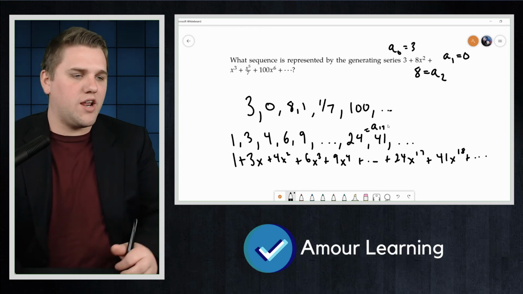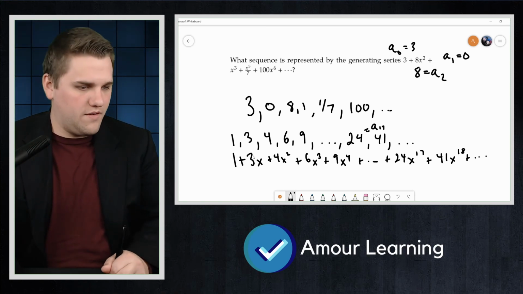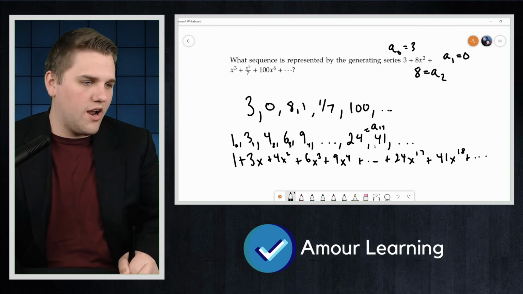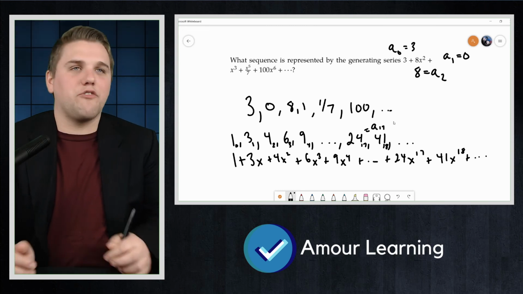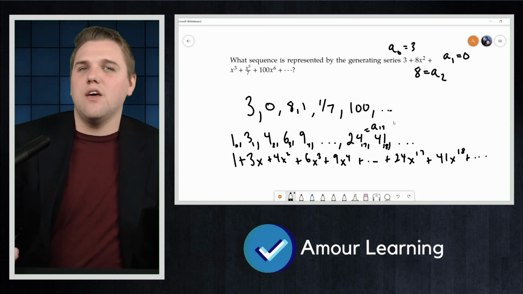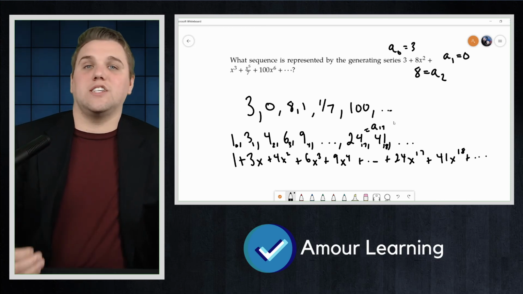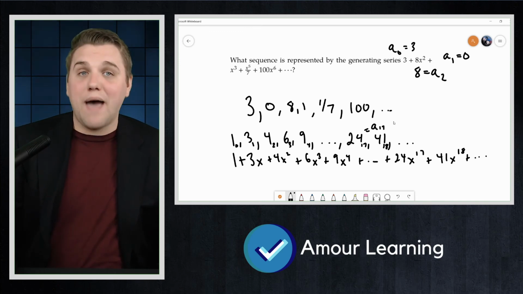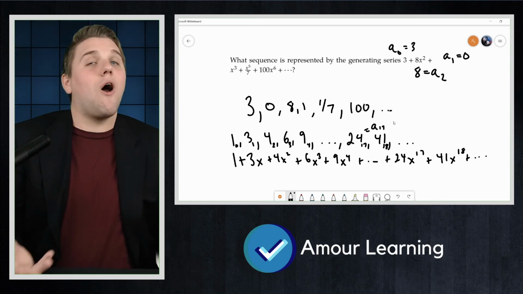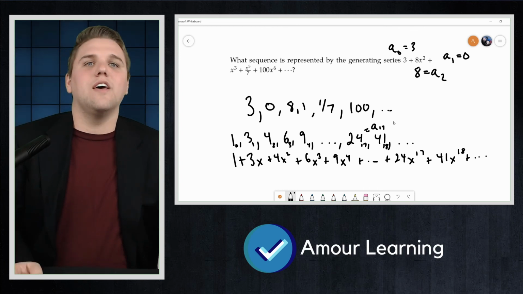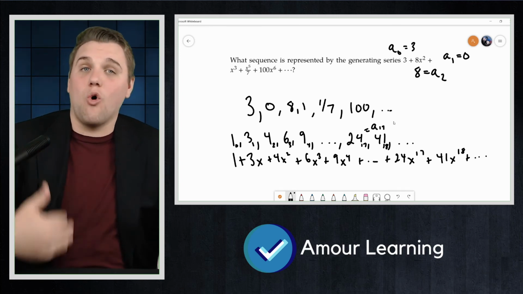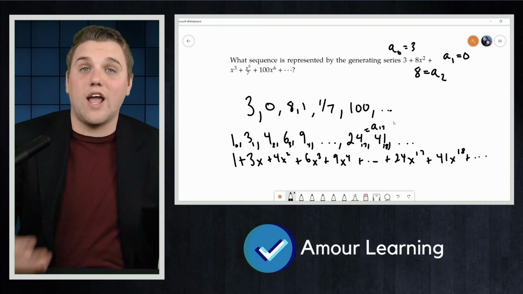For example, we could have written, in this case, 1, 0, 3, 1, 4, 2, 6, 3, 9, 4, 24, 17, 41, 18. We could have put little subscripts there, I guess, but we don't do this. The reason is that the generating series looks like an ordinary power series, although we are interpreting it differently. So we could do things with it that we ordinarily do with power series,